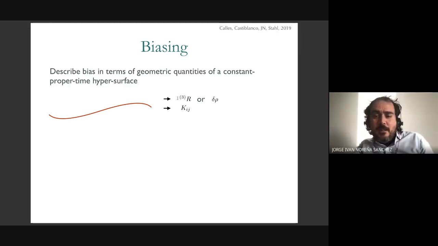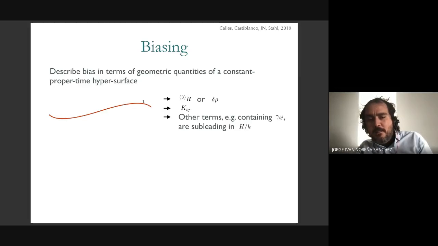The quantities we take for this expansion are the three-dimensional curvature of the surface, which has the same information as the matter density, and the extrinsic curvature of the hypersurface. Interestingly, the extrinsic curvature of the hypersurface has the same information in the Newtonian limit as second derivatives of the gravitational potential, which is how the Newtonian bias expansion is usually written. You can have many other terms